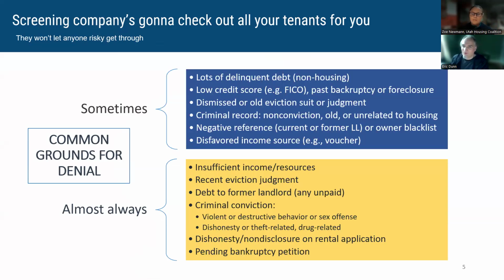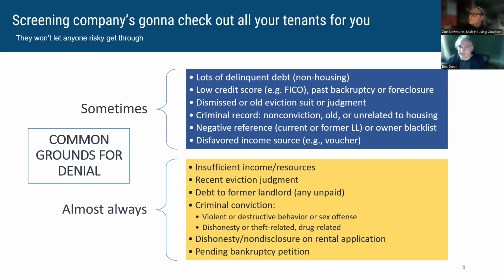So they try to use proxies, background information, with the assumption that somebody who has negative information from the past may be more likely to turn out a bad tenant, and vice versa. Of course, that's not always accurate, but this is a list of, in my observation, the most common